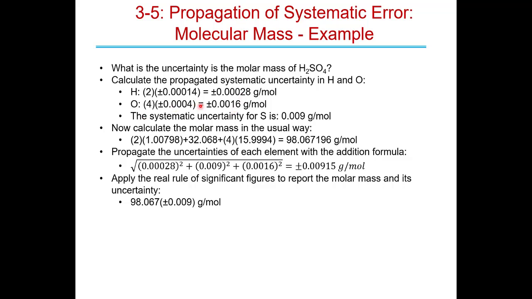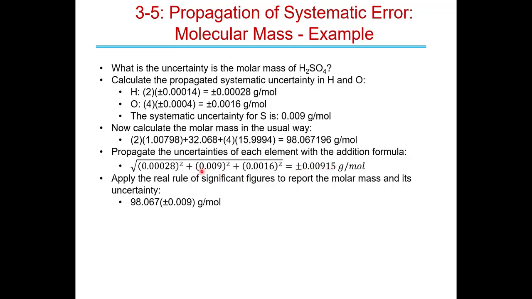Okay, so those systematic uncertainties, the distribution of isotopes, there's no reason to expect that they might be connected in any way. We say that they're independent mathematically. So, all right, so we propagate them this way. So we're going to take each uncertainty, we're going to square it, we're going to add those squared uncertainties together and take the square root. When you do that, you get plus or minus